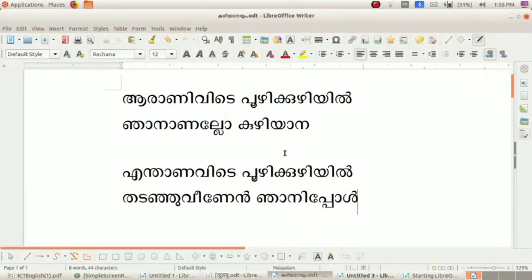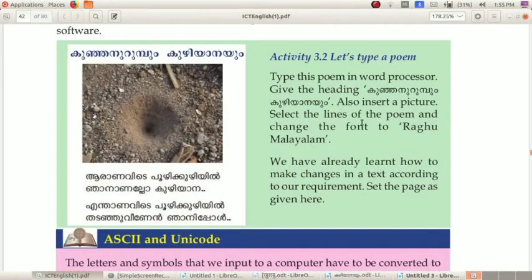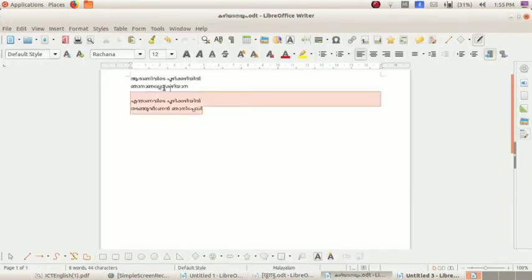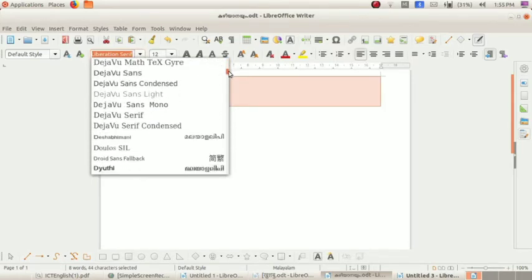Okay, already I have typed this. After typing these 4 lines, you want to change this font into Raghu Malayalam. Select the lines of the poem and change the font to Raghu Malayalam. Now I am selecting this and from the font name box I am selecting Raghu Malayalam.